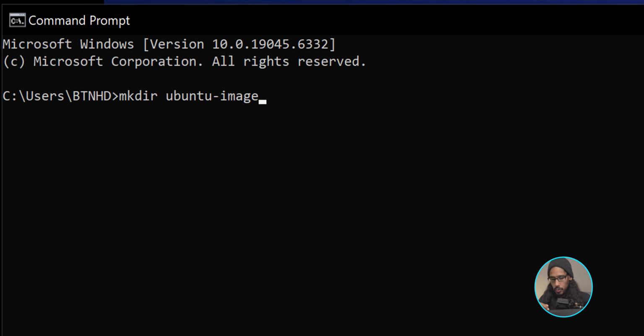We are going to hit enter, and that will create the folder for you. Now, to get into that folder, we need to do cd, change directory, and the name of the folder, and then hit enter, and then you're now inside that directory, which is great. You need to be inside that folder when you run the Docker command to pull down the image and then create your container.